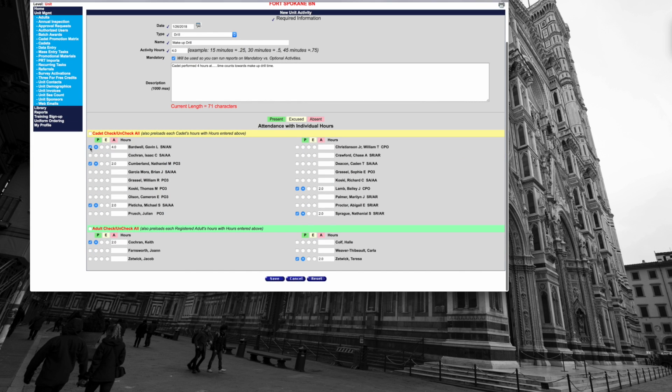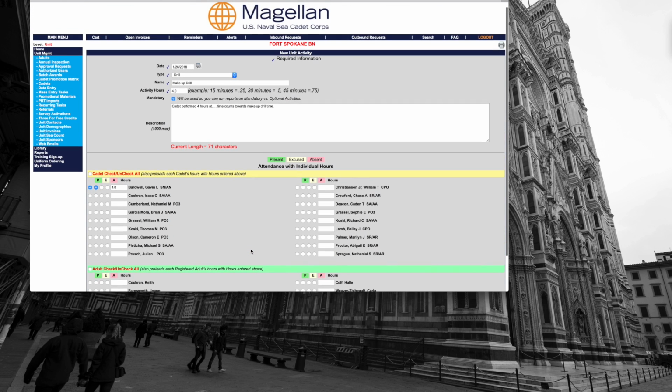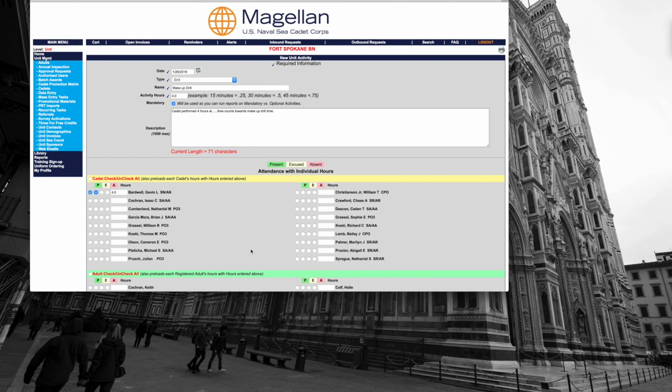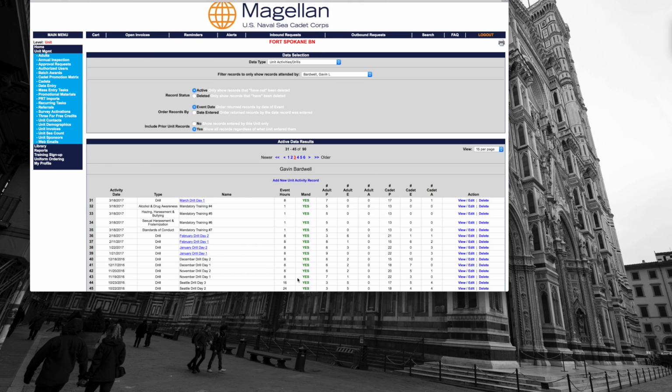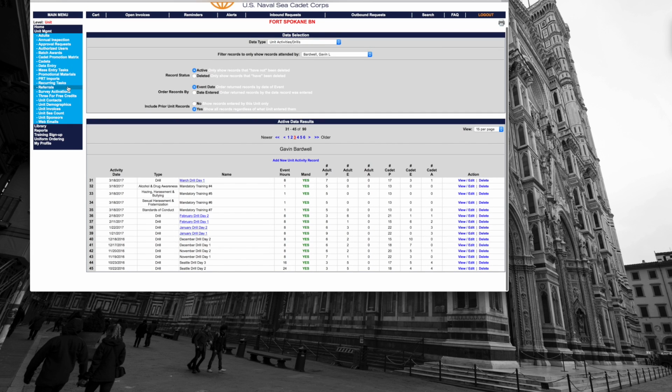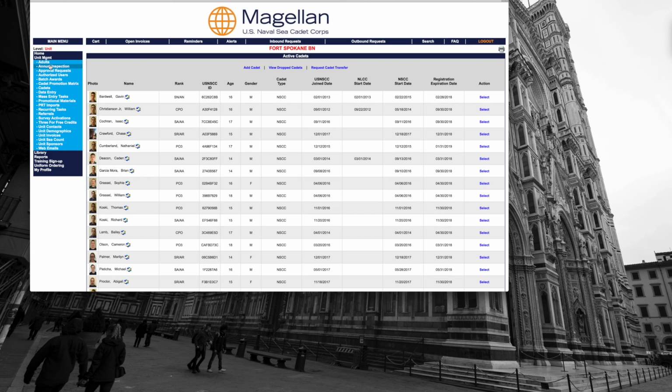Then I'll just click the one cadet who participated. So that one cadet did it. We mark it as mandatory, and that's a makeup drill right there for them. So it's nice for our cadets to have that option. Of course, they shouldn't need it all the time, but occasionally, life happens. So that's that. Let's go ahead and go to how to enter community service, because it's pretty much exactly the same,